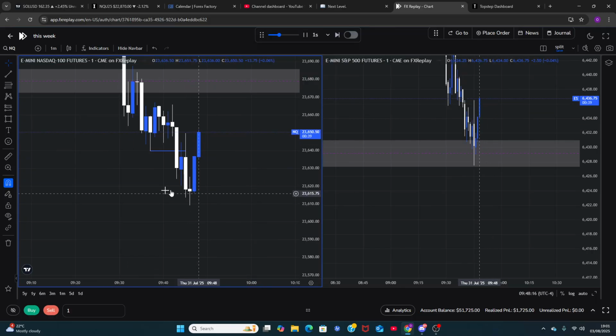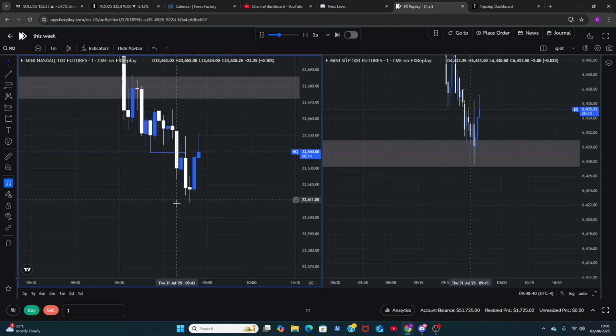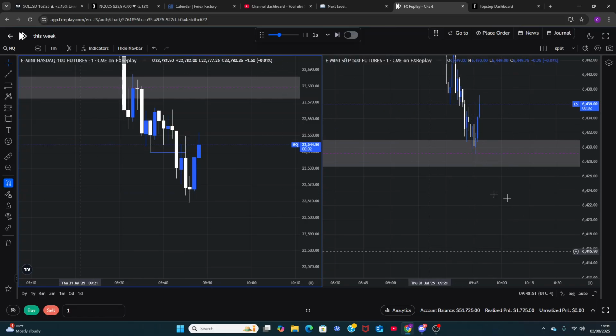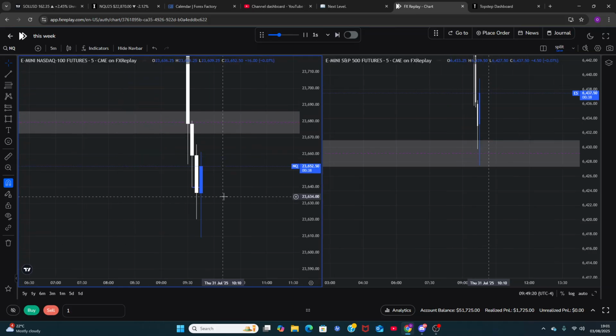I see why you'd get stopped out in shorts though. It's valid to get stopped out in shorts here, or low-key it is, because we respected the PXL, we dumped straight away. But then ES still holding the gap is what the problem is. We need this gap to get displaced through. Now that we're getting a reaction out of it.